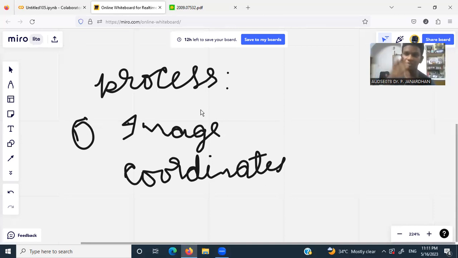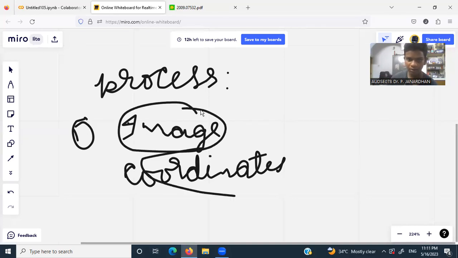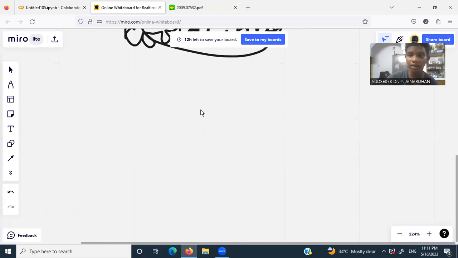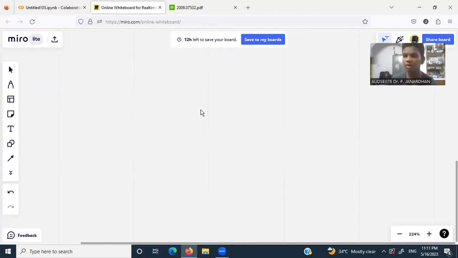Let's say I have this frame as the image. We're going to have some coordinates of a rectangular box, or any type of box that can capture the overall location of my face. So this is the input, and this is the output of the model in general, right? And then we are going to see what the process is for the training that we have to do. So in order to train the model,